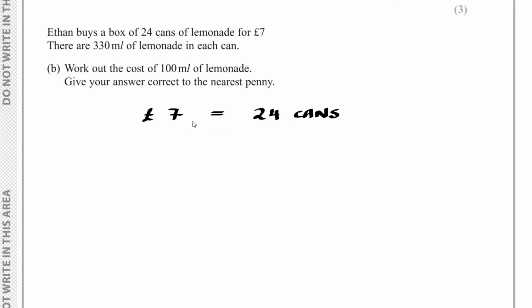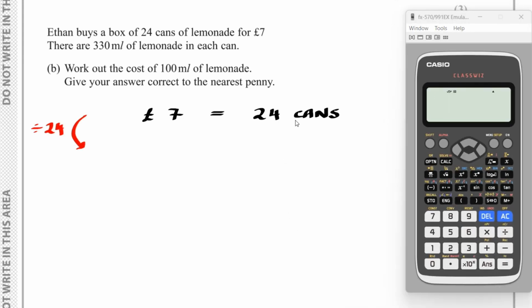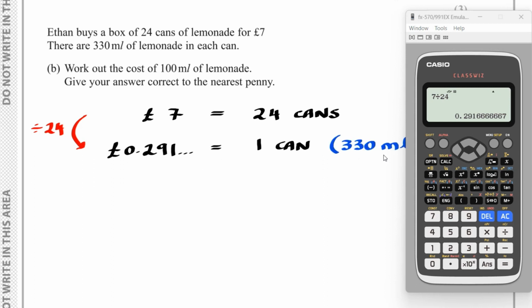So I've got £7 giving me 24 cans. If I divide by 24, I can find out what 1 can is. 7 divided by 24 is 0.291, etc. So 1 can is equal to 0.291, etc. pounds. And I know that in each can I've got 330 millilitres. I want to find out what 1 millilitre is worth, and I can do that by dividing by 330. So if I do this value divided by 330, you will find that